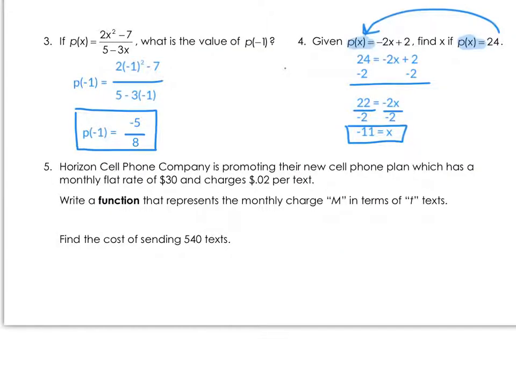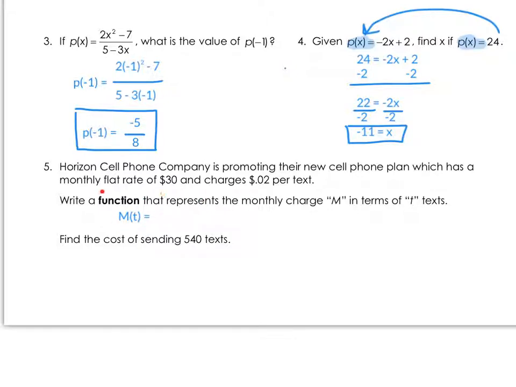Okay, the next one says that Horizon Cell Phone Company is promoting their new cell phone plan, which has a monthly flat rate of $30 and charges 2 cents per text. We need to write a function. When we see that word function, that means we need to use function notation that represents the monthly charge m in terms of t. So m in terms of t, we write that as m of t in function notation equals,